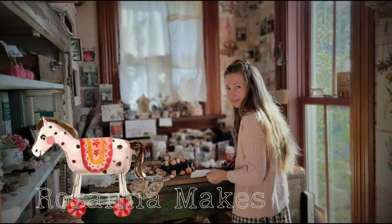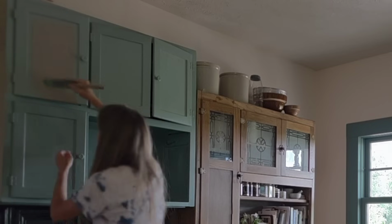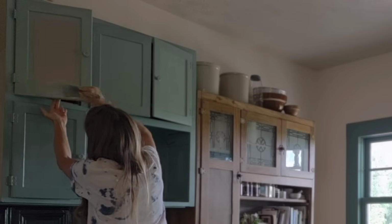Hi everyone, it's Rosanna. Today we're going to be doing kind of more of a homey creative project because I have not been doing my regular art. I've just been doing a lot of